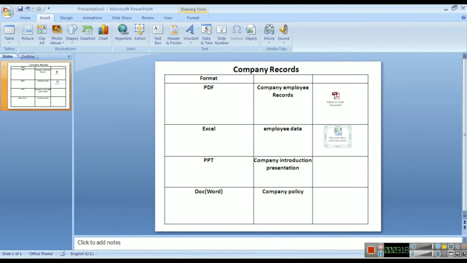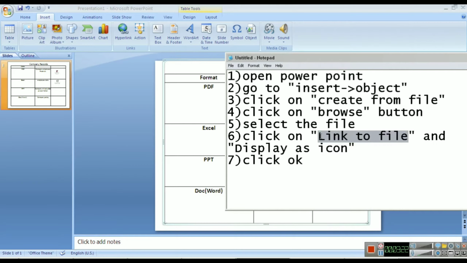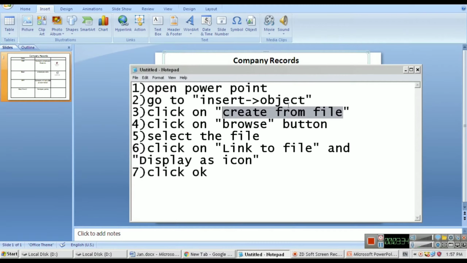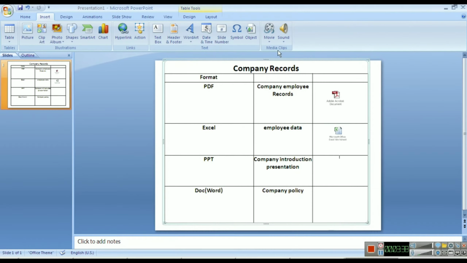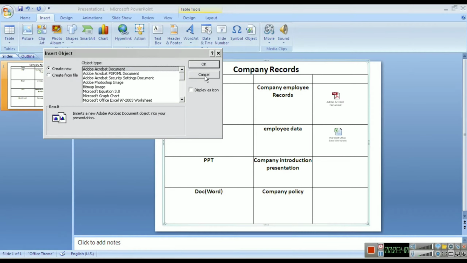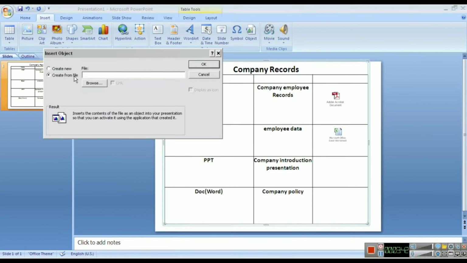The same steps will be repeated for the PowerPoint slide also. We have to click on insert, after that object, and create from file, and click on the browse button.